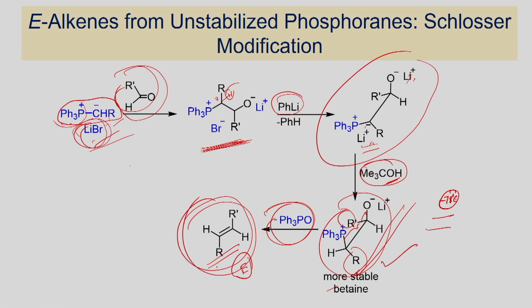On the other hand, if you want to have cis, as I just mentioned, you can use polar solvent. You can form the anti-conformation addition product, which is not reversible. Once you form this one, that can lose triphenyl phosphine oxide to produce cis alkene or Z alkene as the product.